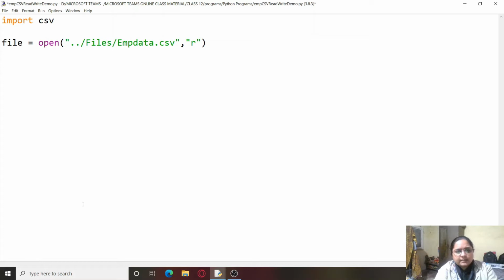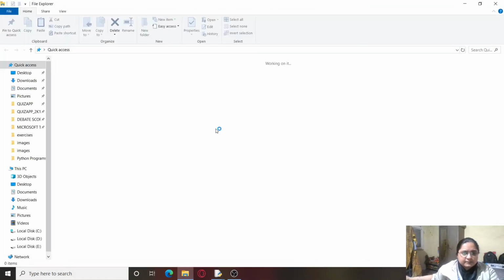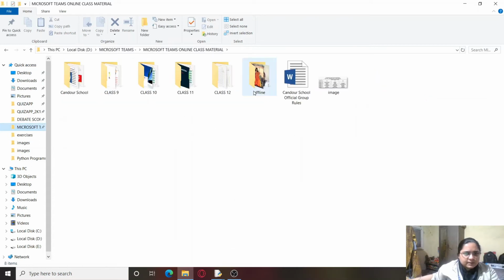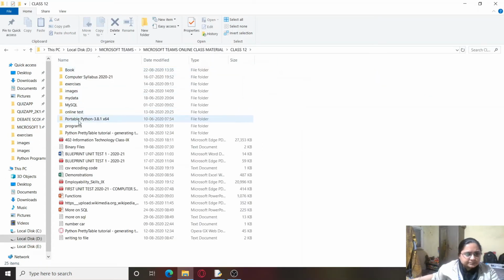You can create a CSV file very easily. We'll first go to our explorer, because before reading it is very important that we first create a file. So we'll go to the location where we have saved all our files,